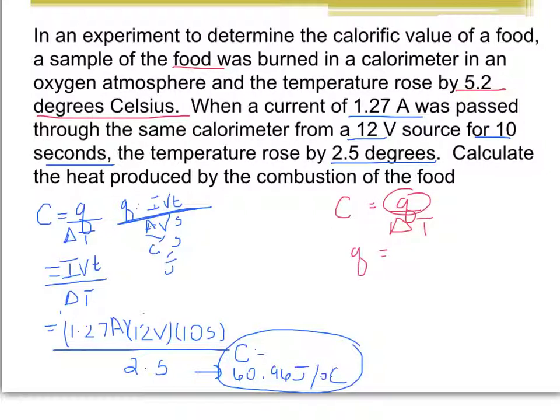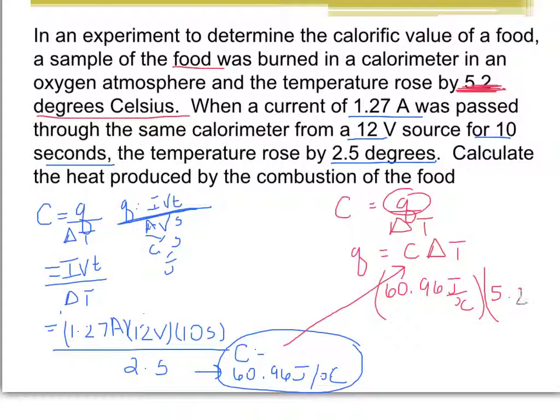So rearranging the equation to calculate our heat content, we're going to substitute this value into here because that's from step 1. So 60.96 joules per degree Celsius, and then the temperature rise associated with this reaction is 5.2 degrees Celsius,